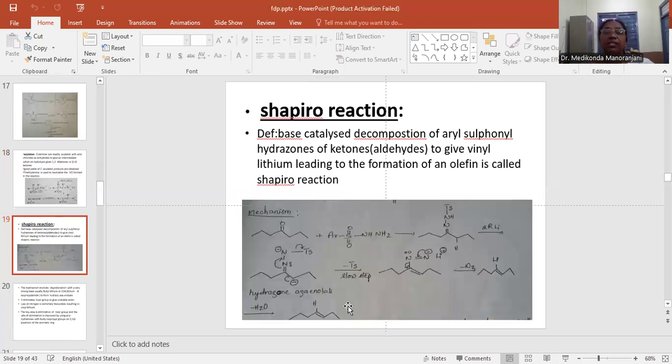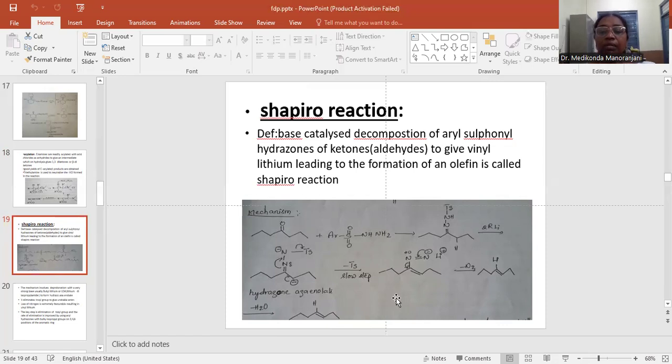The next reaction is the Shapiro reaction. Let us see the definition of this. Base catalyzed decomposition of aryl sulfonyl hydrazones of ketones or aldehydes to give vinyl lithium, leading to the formation of an olefin, is called the Shapiro reaction. Now let us see the mechanism. This is the ketone and this is the aryl sulfonyl hydrazone, and from that you will get the product,